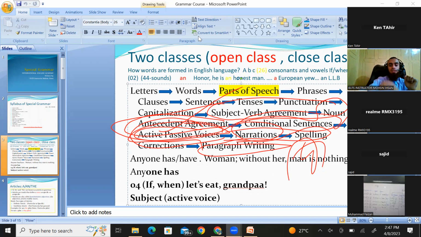If the session is ending, you are requested to join it for a few more minutes. If you have any query, then you are requested to join for a few more minutes, right? Otherwise, from the first topic, articles, we would start from Monday onwards, right? And the first topic would be where to use a and the, and where not to use a and the, right? Many students make mistakes in writing by using